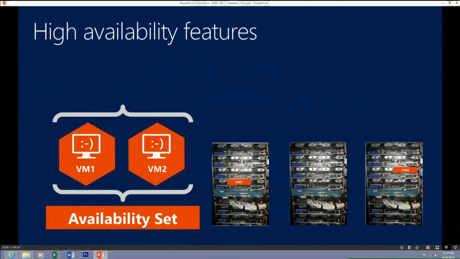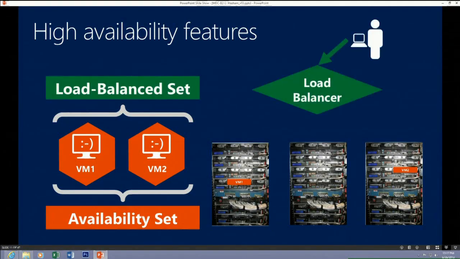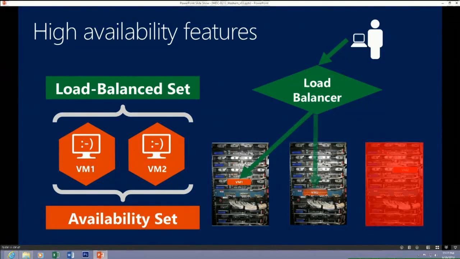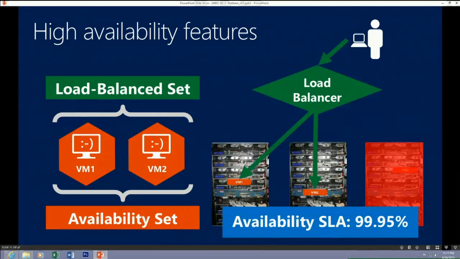So take that along with the load balancer, which distributes traffic across your virtual machines. If we lose an entire rack, Windows Azure will automatically take your virtual machine from that rack, move it over to another rack, reroute your network traffic, all without you lifting a finger. The only thing you did, period, was tell Windows Azure that these virtual machines go into the same availability set. And of course, this is how you can get a 99.95% SLA,